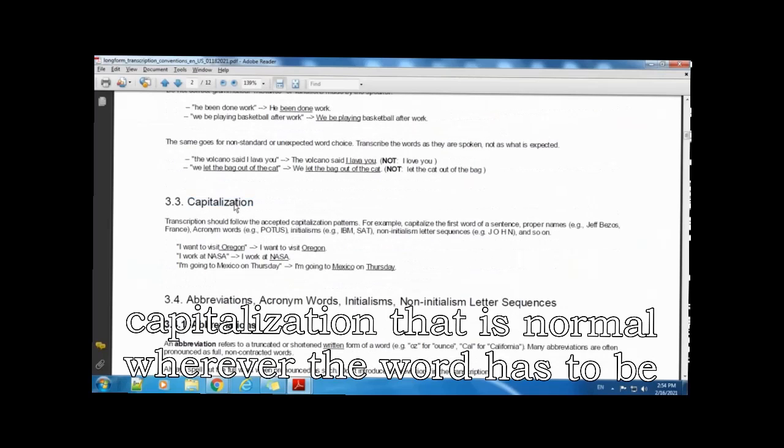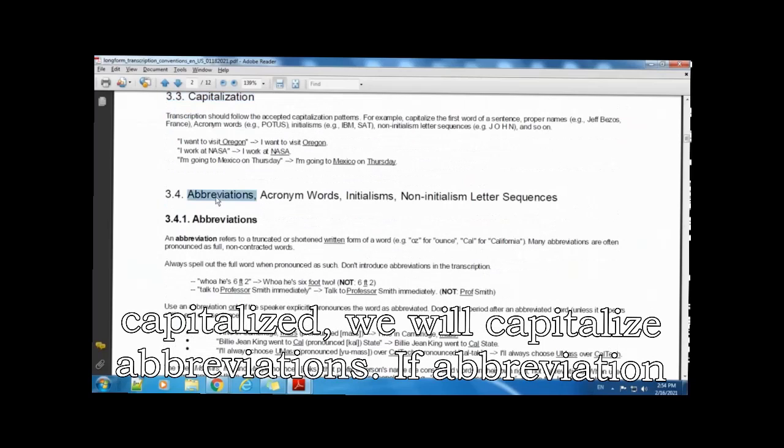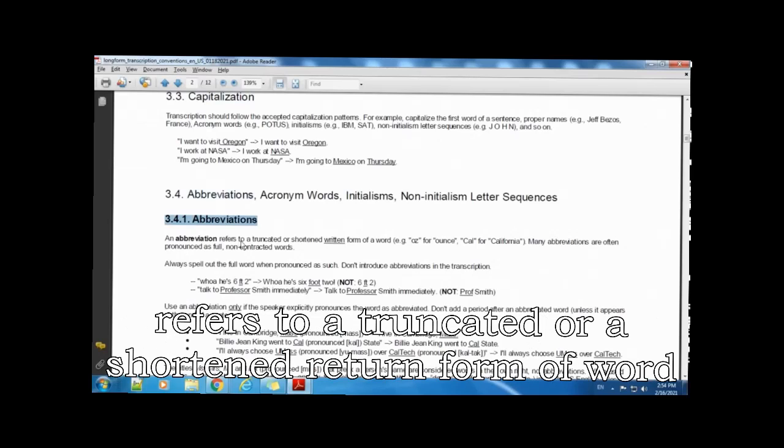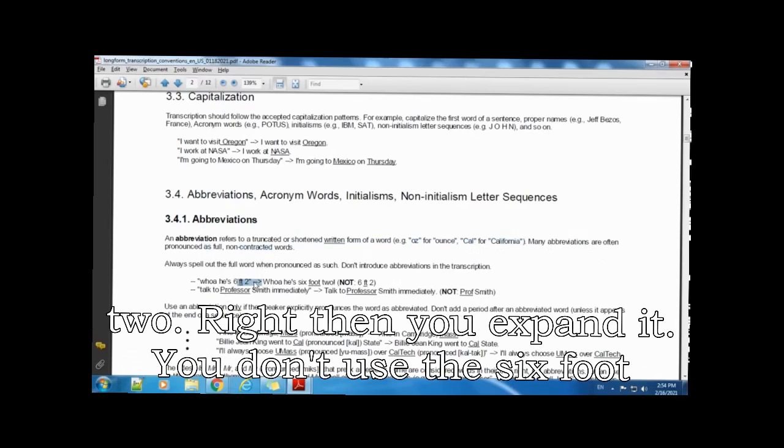Capitalization, that is normal. Wherever the word has to be capitalized, you will capitalize. Abbreviations, if abbreviation refers to a truncated or a shortened written form of a word, like oz for ounce, Cal for California, many abbreviations are often pronounced as full non-contracted words, like 6 foot 2, right? Then you expand it.